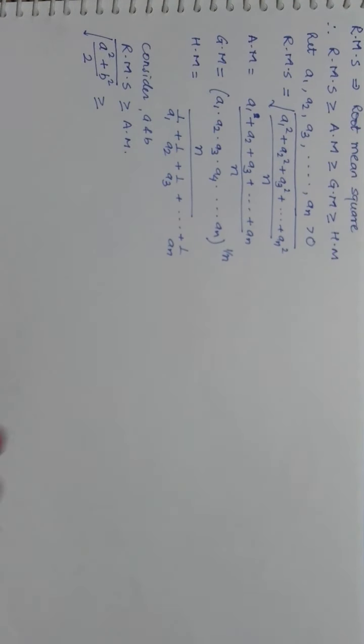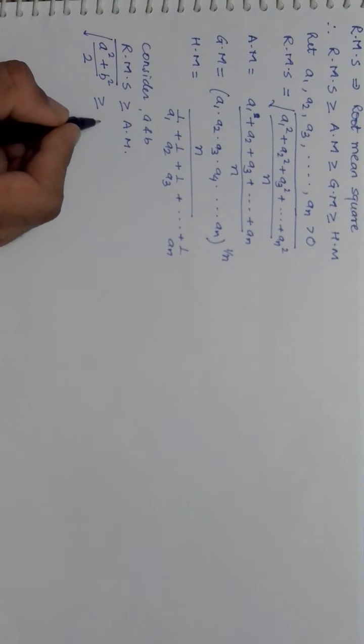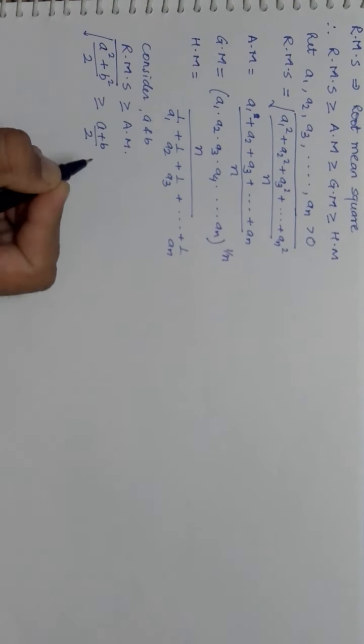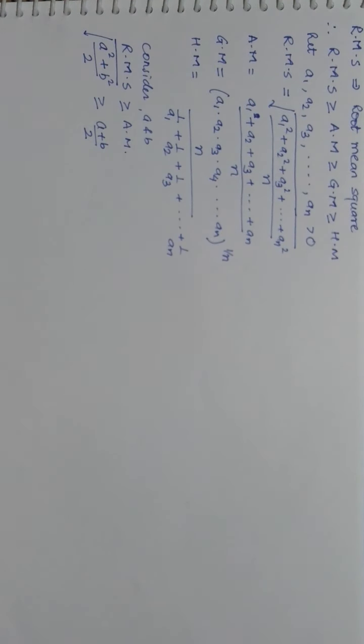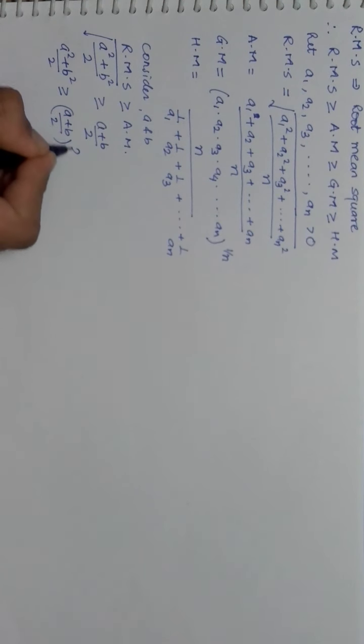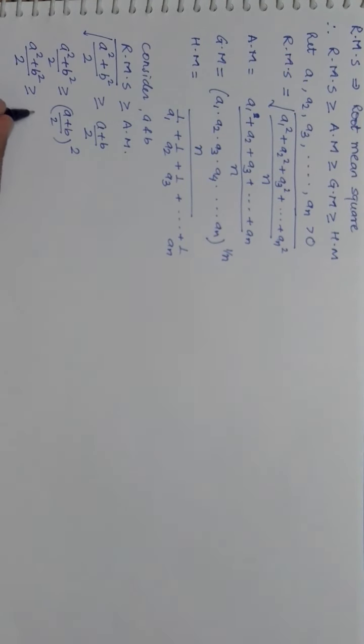Arithmetic mean obviously you have studied in lower standards, it is sum of all the terms divided by n, that is A plus B divided by 2. So I will reach to a conclusion where it will be universally true, then this particular relation will hold true. So what I am doing is, I get here A square plus B square by 2 is greater than equal to A plus B by 2 the whole square, which turns out to be A square plus B square by 2, which is greater than equal to A square plus B square plus 2AB by 4, which will finally become equal to,